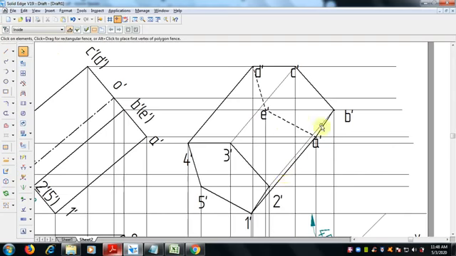Now connect the lines, visible to visible. This is the visible base and here is the visible edge, so join visible with visible edge only. So 3 to C and 2 to B: this is a visible edge and this is a visible edge, so we join them with visible edge, 0.5.